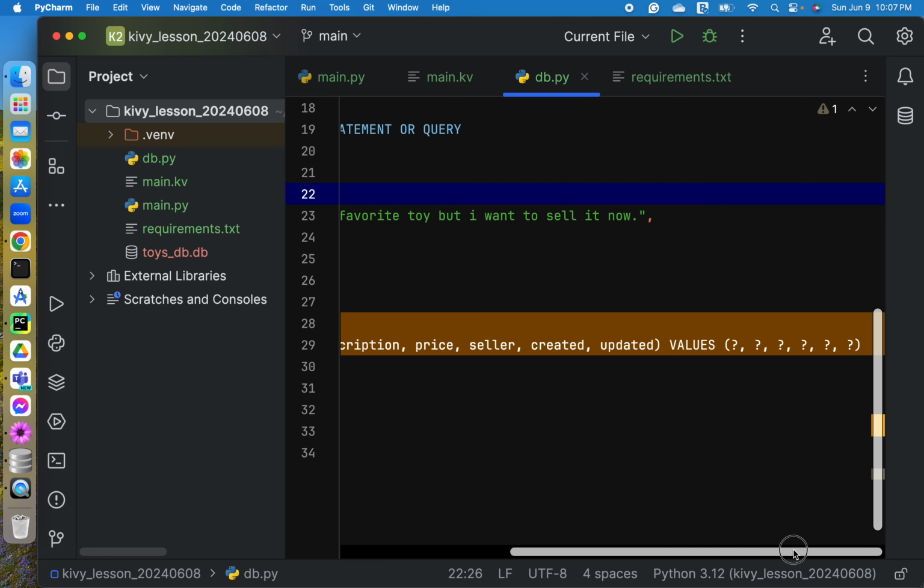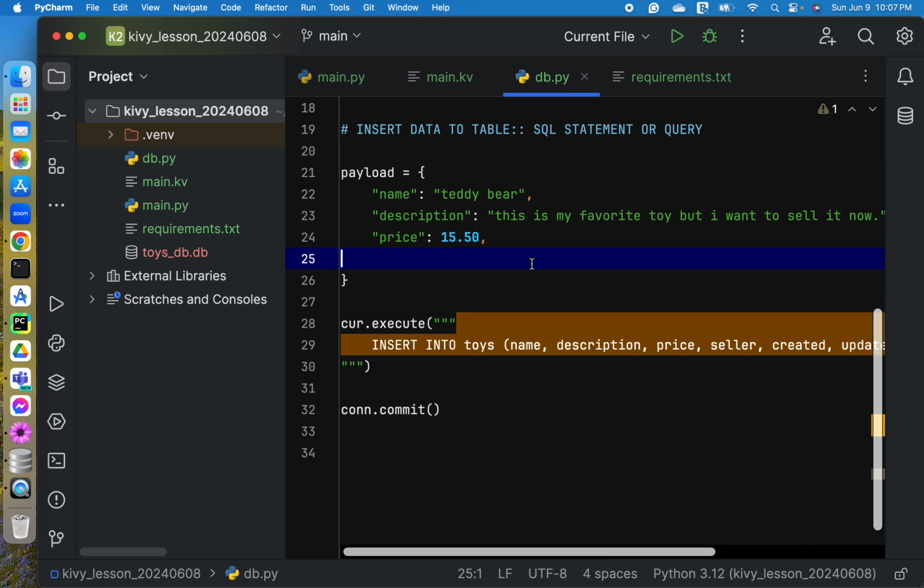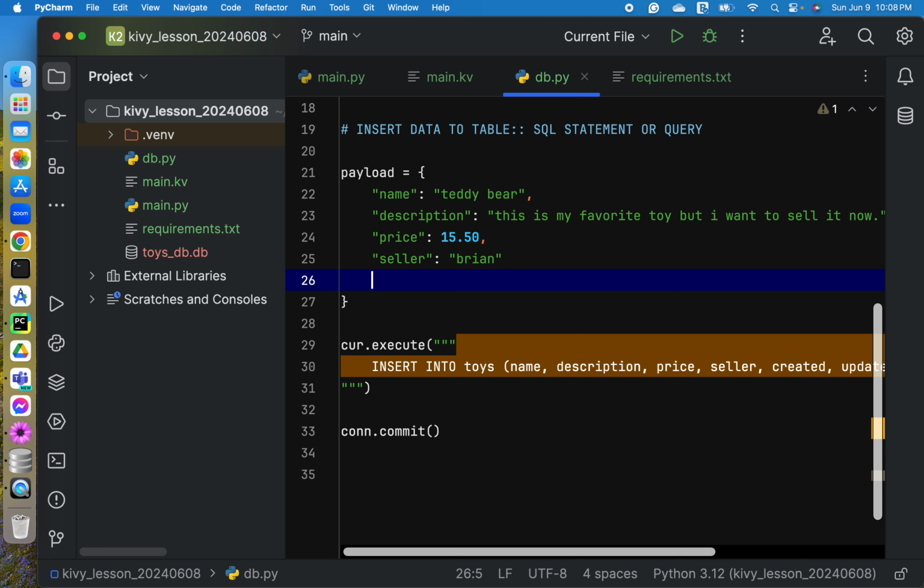Okay, next. The name of the owner of the toy, the seller. So let's put in here my name and created. Let's say, for example, I bought this in January, like that.